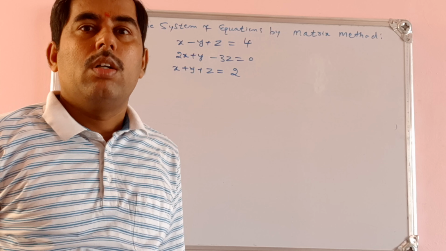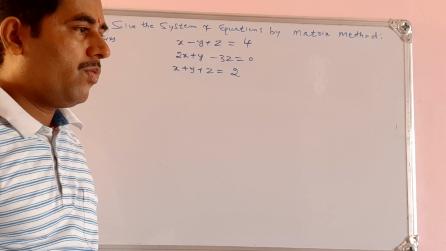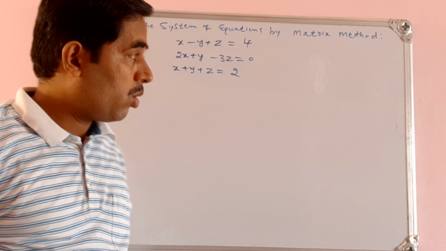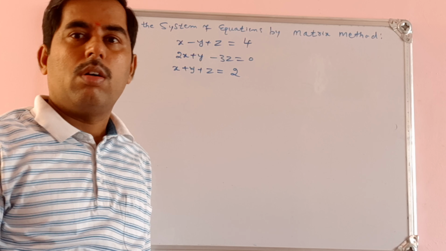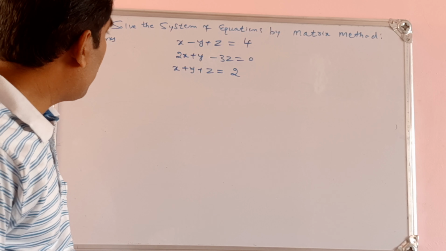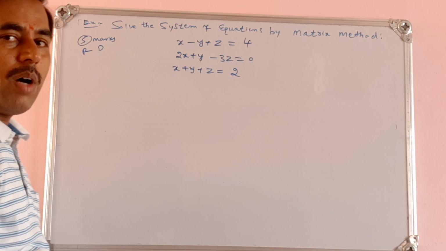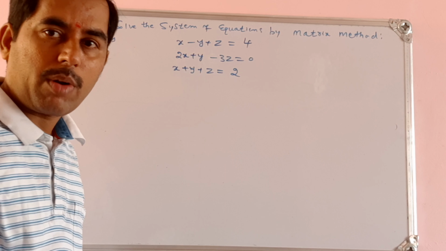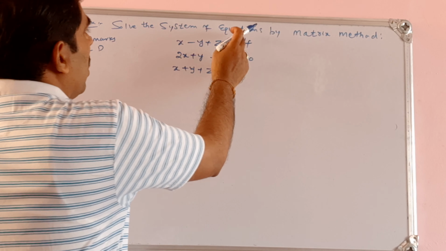We'll come back again. In the previous class we worked out one problem and found the values of x, y, z, solving a system of linear equations by matrix method. Let us continue and consider one more problem here. This is a very important problem for 5 marks in part D. So let me explain one more problem, how to solve the system of linear equations by matrix method.